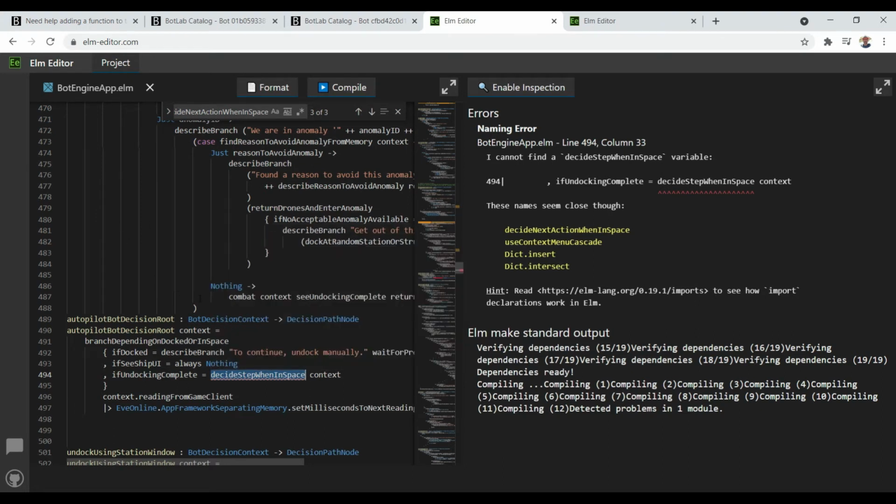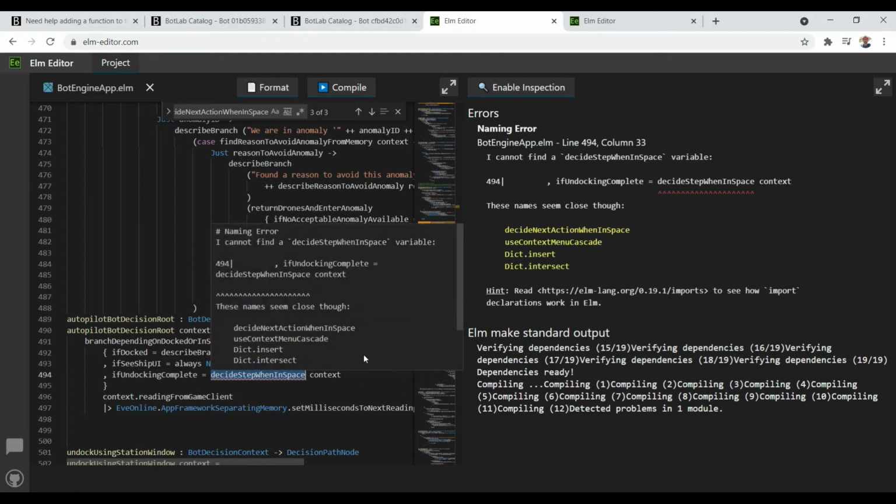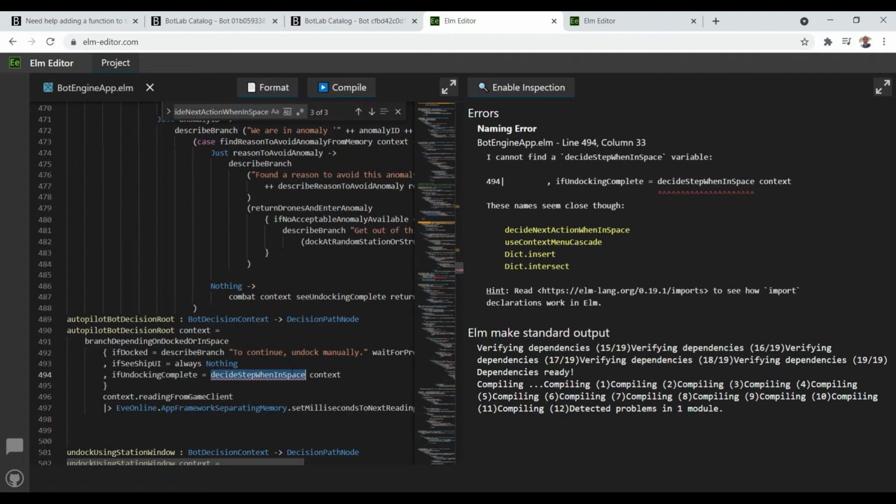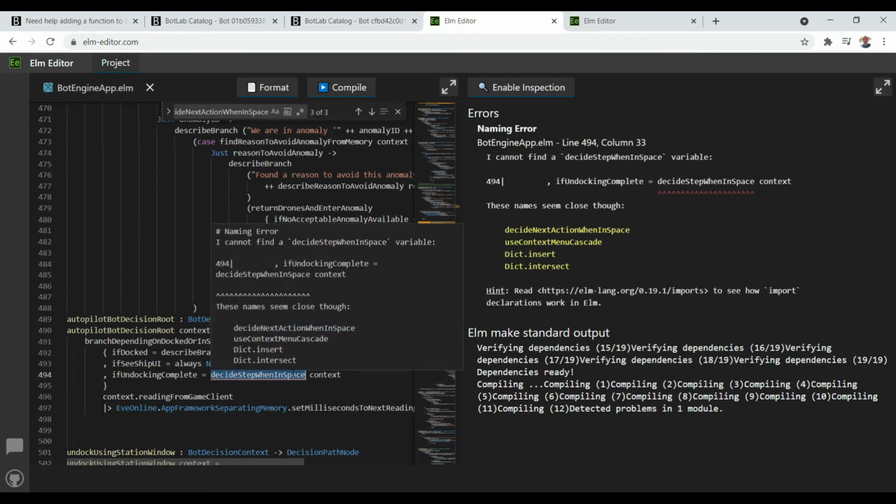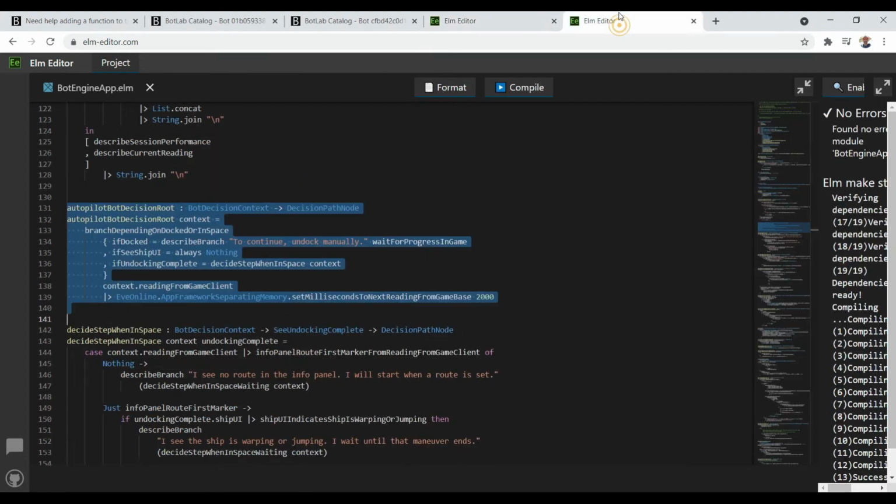We are in a different context now. And what we are going to do is we just copy the referenced function here, or the referenced values here, from the other project.